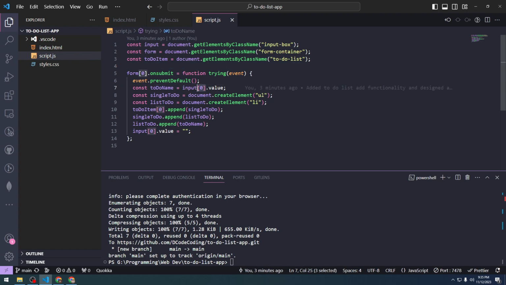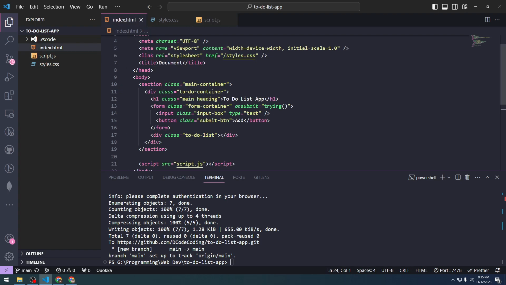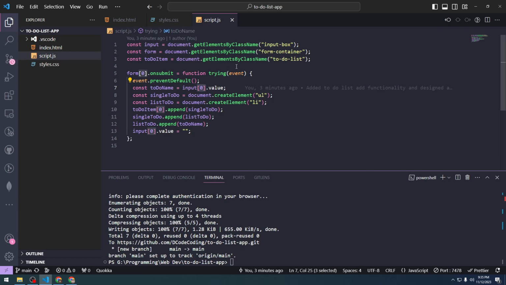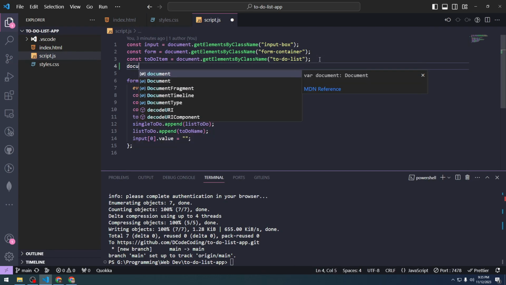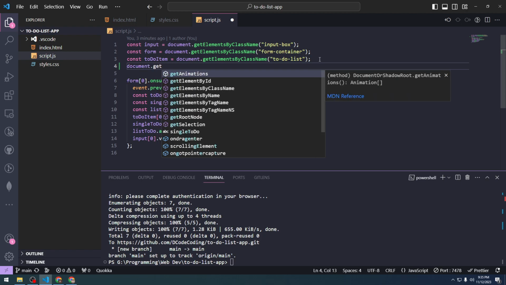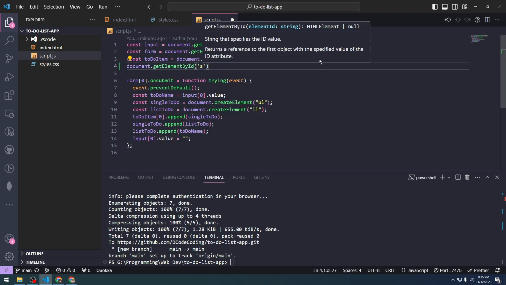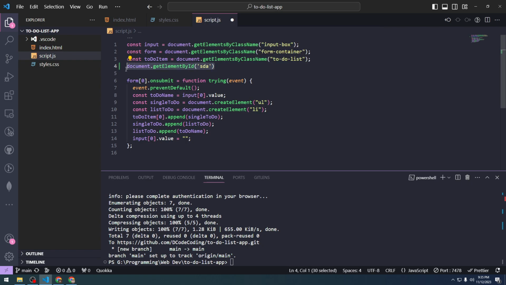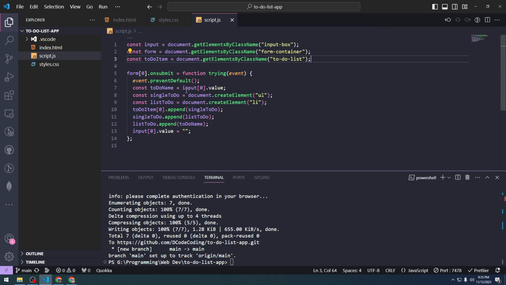Could have used id as well. Id is a bit easier because you can do document dot get element by id and pass in the id. You don't need to target the first index or anything, but here you need to target the first index